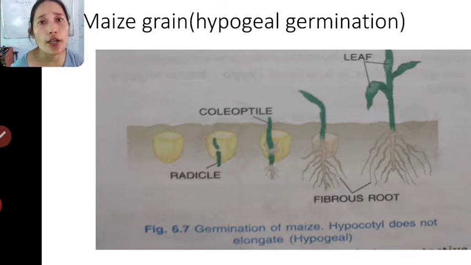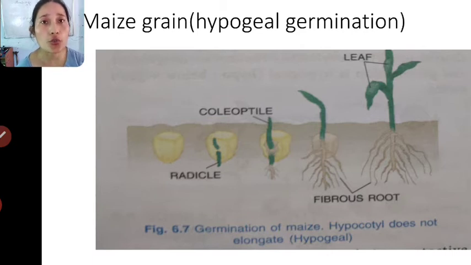Because its fruit wall and seed coat are fused together. We are taking the monocot because it has only one cotyledon. Here also your radicle, I told you it has a protective covering outside, right? That is called coleorhiza. It emerges, breaks that open. Obviously water enters and then the swelling of the seed takes place.